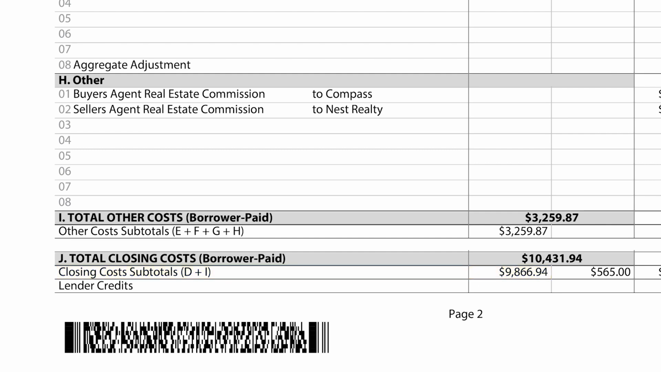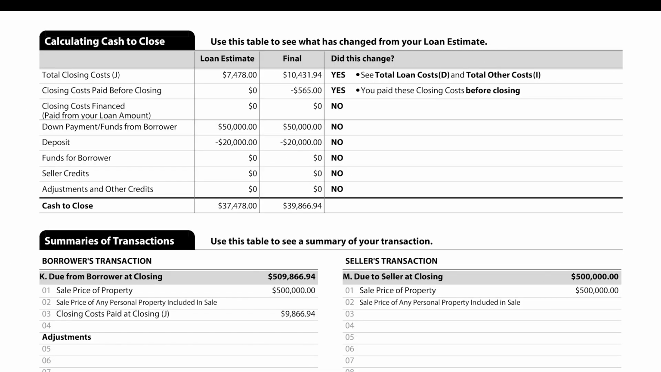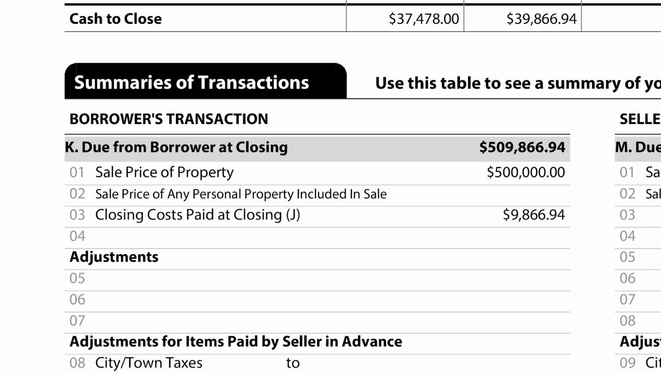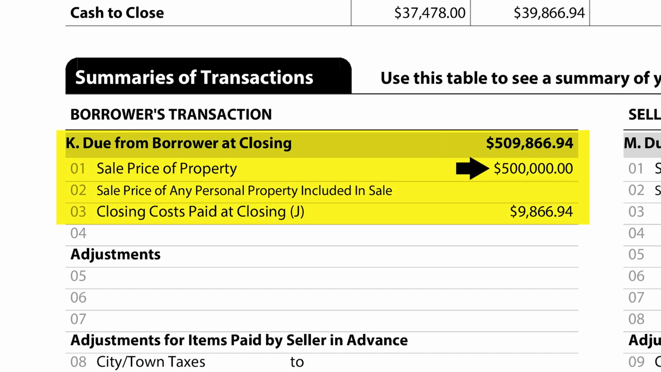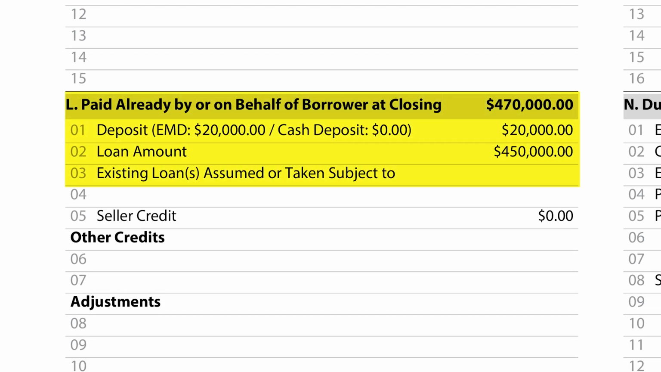We'll flip over to the third page, which is the final summary of all the numbers. The third page gives the final snapshot of the transaction. At the very top, you have the sales price of $500,000 plus the closing cost of $9,866.94. So that's sort of the what's due. And then you back out what's called the credits. So there are credits of, she's already paid her earnest money or due diligence in North Carolina, of $20,000. She's taking out a loan amount of